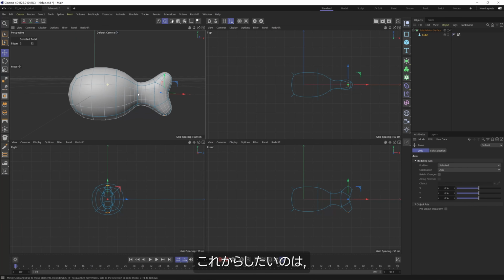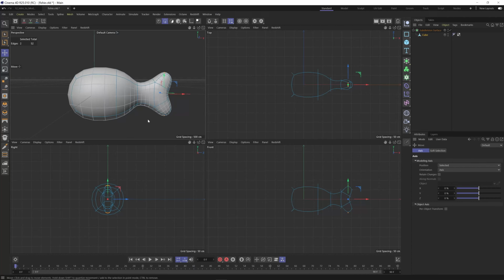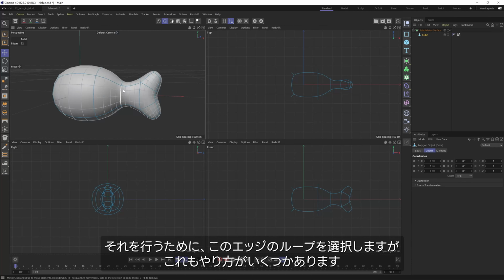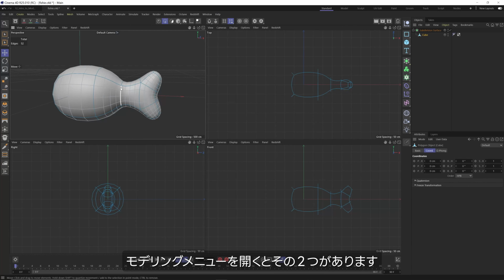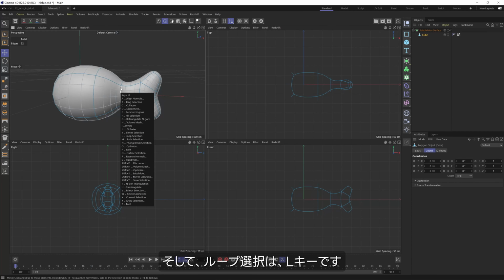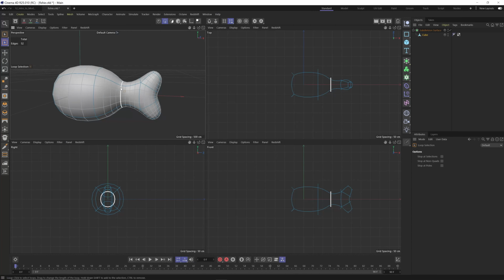Now let's just say I wanted to make this area between the main body of the fish and the fin a little skinnier. So what I'm going to do is select this loop of edges here. We can do this multiple ways. We can bring up our modeling menu, and there are 2 of them. If you hit U, this will bring up all the shortcut keys that relate to modeling, selection tools and stuff like that. And you can see loop selection is L. So if I want to bring up the loop selection, I'm going to hit L, and this will allow me